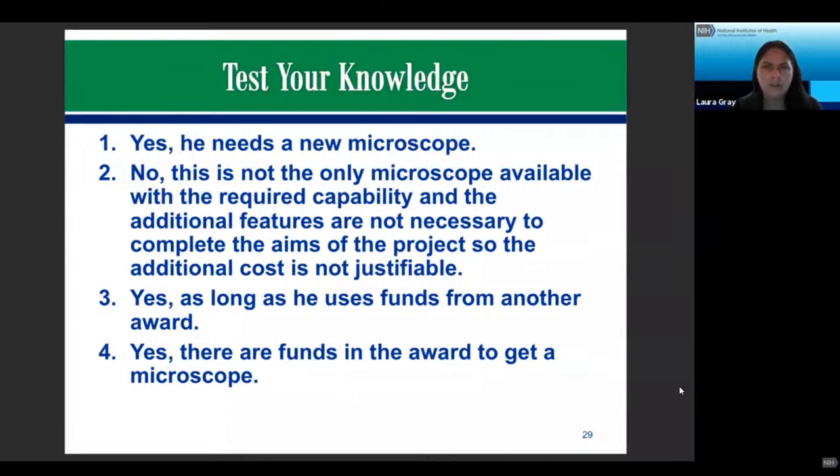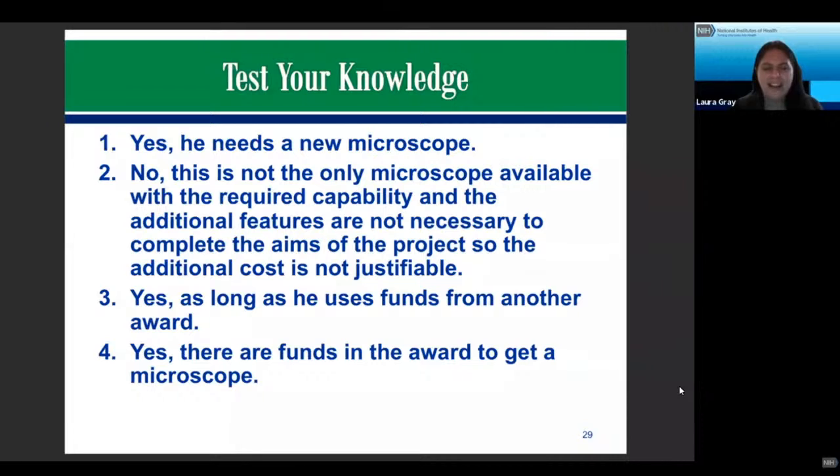And that's something to note too, there could be a reason why that microscope would be reasonable. Perhaps that's the only microscope that's available within a specified period of time. And although it's $10,000 more, it would set the project back a lot more if they didn't get that microscope now, and it was the only option. Then you would want to document that justification and put it in your file so that you have it for